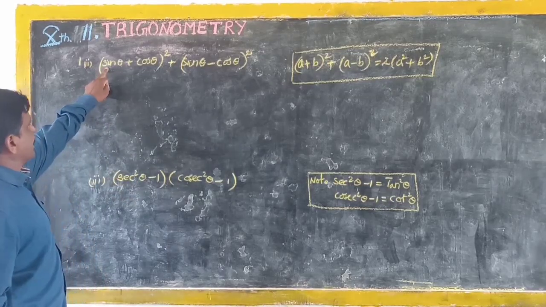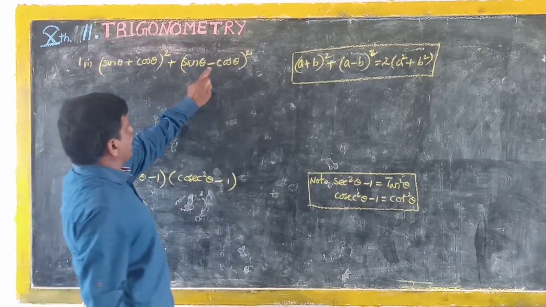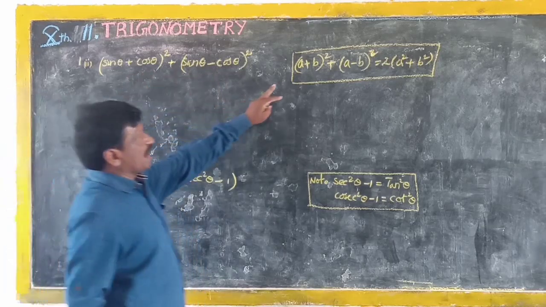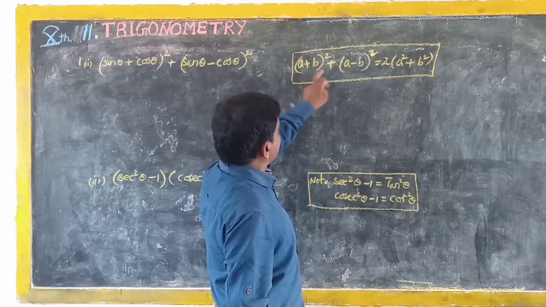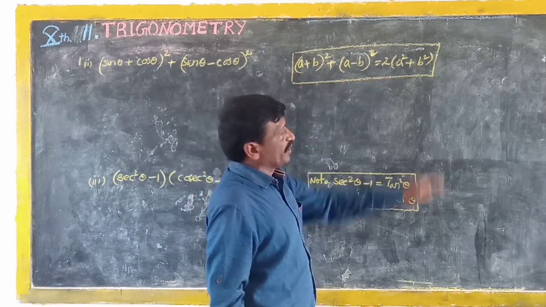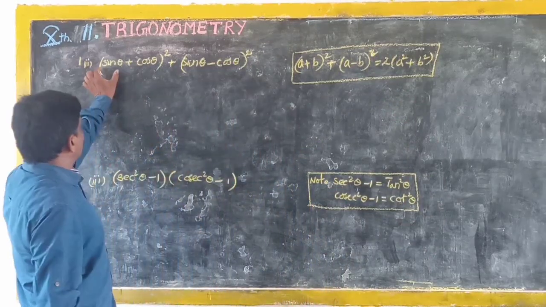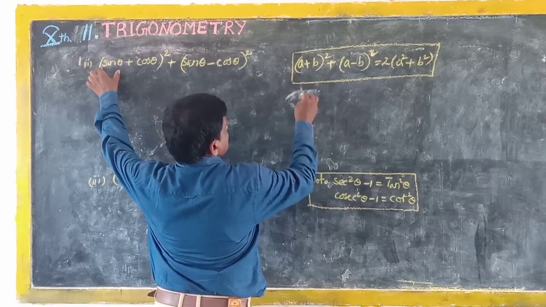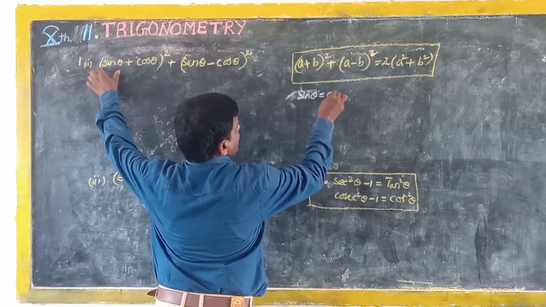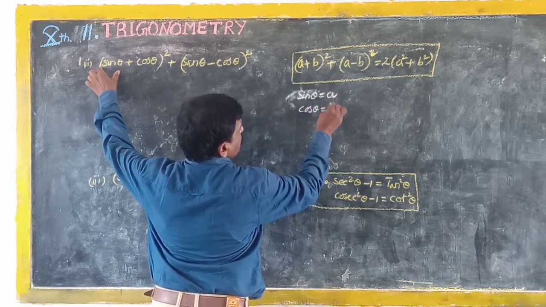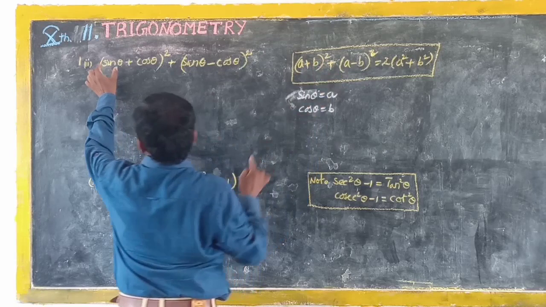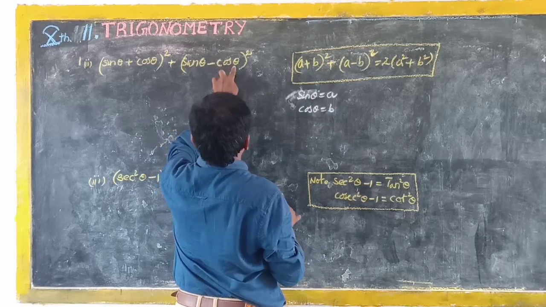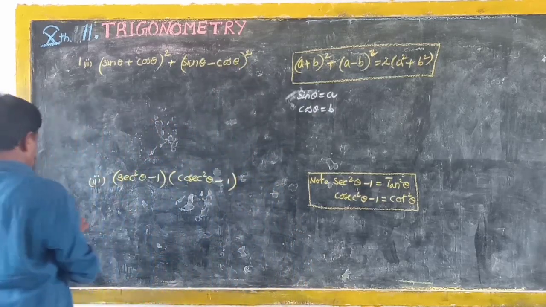Second sum: sin theta plus cos theta whole square plus sin theta minus cos theta whole square. This is based on the algebra formula: a plus b whole square plus a minus b whole square is equal to 2 into a square plus b square. A means sin theta, so a is equal to sin theta. Cos theta is equal to b. So a plus b whole square is sin theta plus cos theta whole square, plus a minus b whole square, sin theta minus cos theta whole square. So 2 into